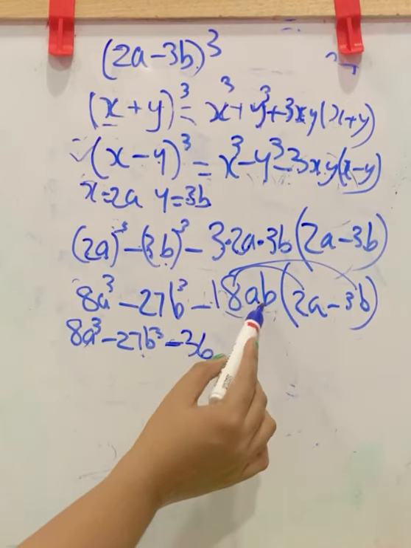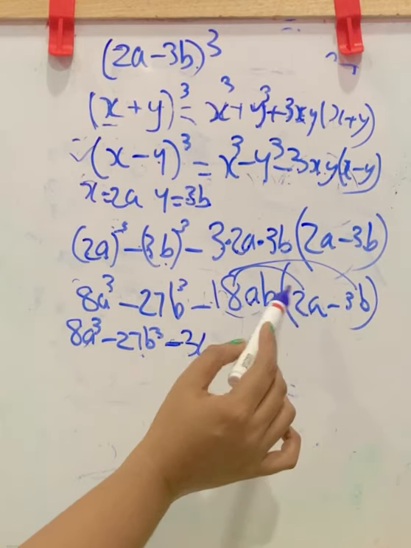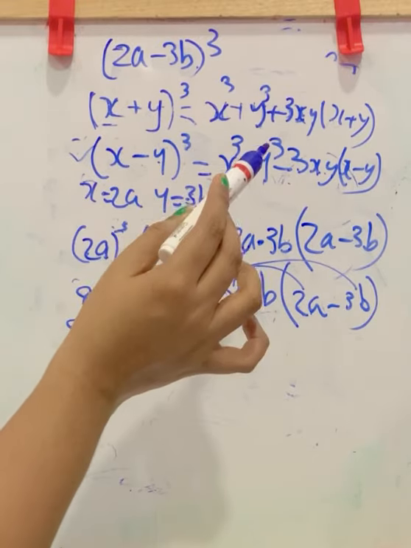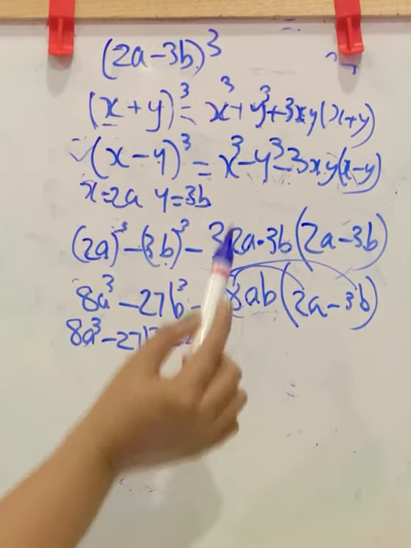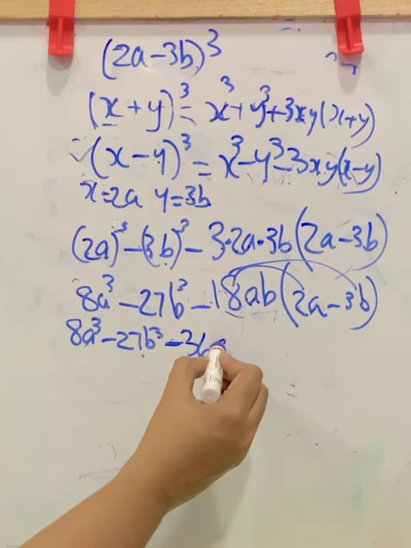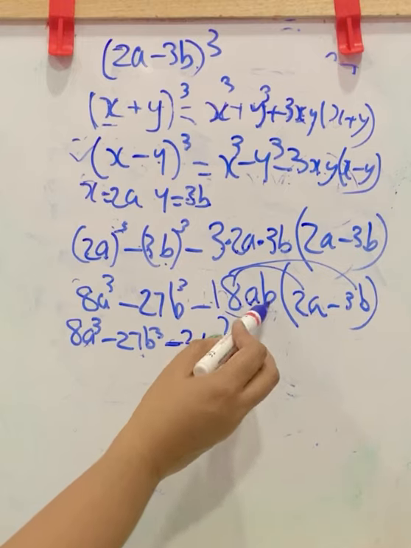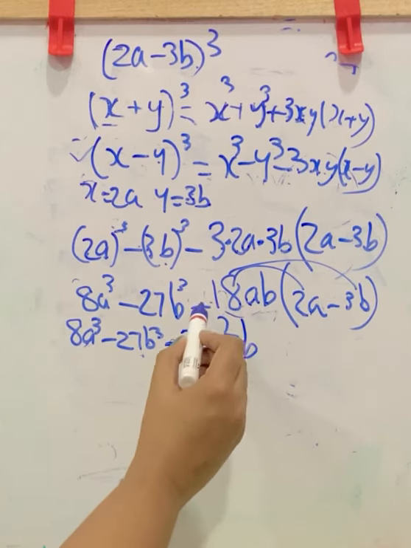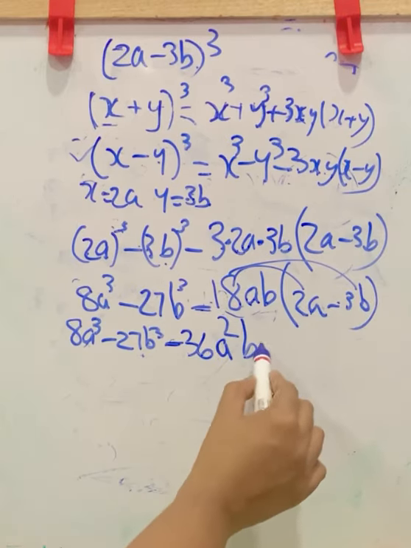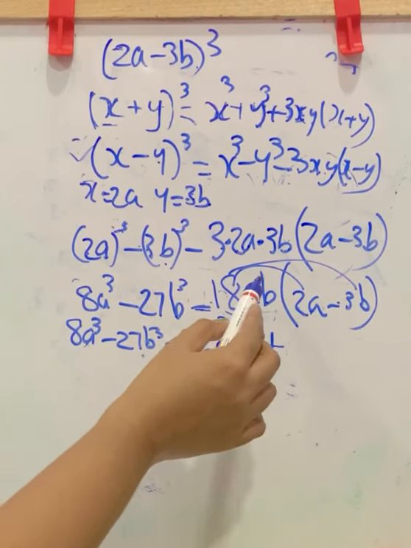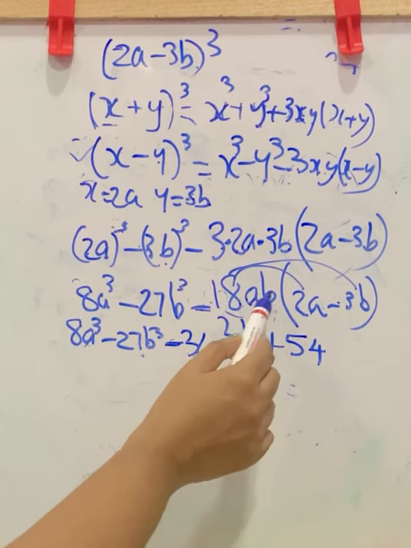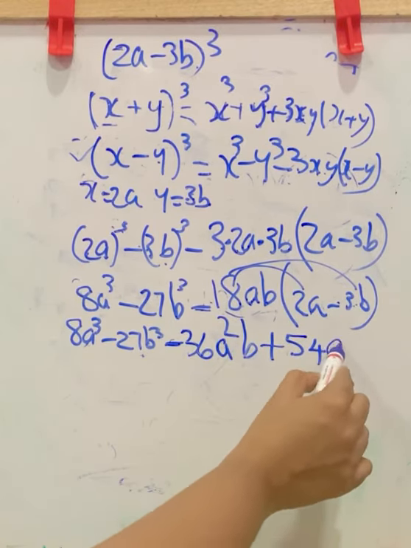Now in this term we have a, here also a, that is a into a. a into a means a raised to 1 into a raised to 1, that is a raised to 1 plus 1, that is sum of powers. So this becomes 36a square b. Now negative 18ab into negative 3b. Negative into negative, it becomes positive. 18 into 3, that is 54. Now a is there, here no a, so you can write a.